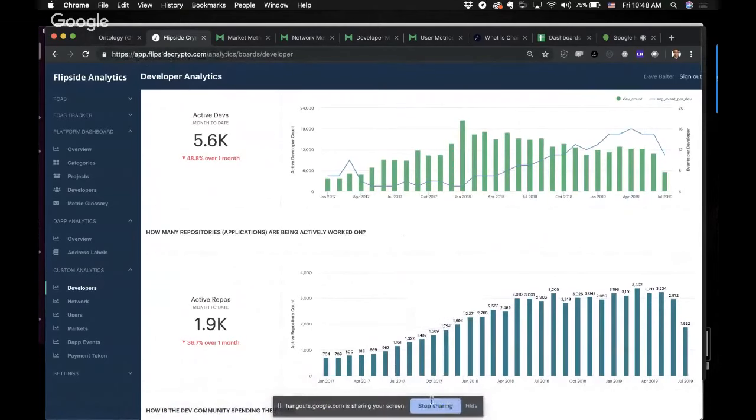Why don't I stop sharing my screen and we can move to the Q&A portion if that works for you, Carolyn? Yeah, that's perfect. I think that was extremely informative. We've always wanted to see what the back end of Flipside looks like, what exactly is on the dashboard, how that happens. There were some questions earlier in the community chat, and people were asking what the free tools were. So maybe you want to just repeat that again so people can take a look at it.